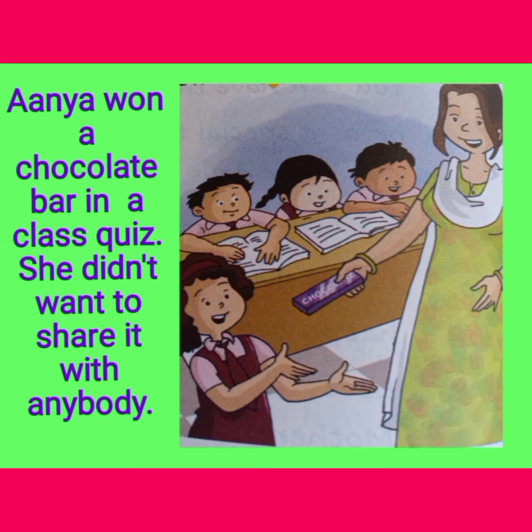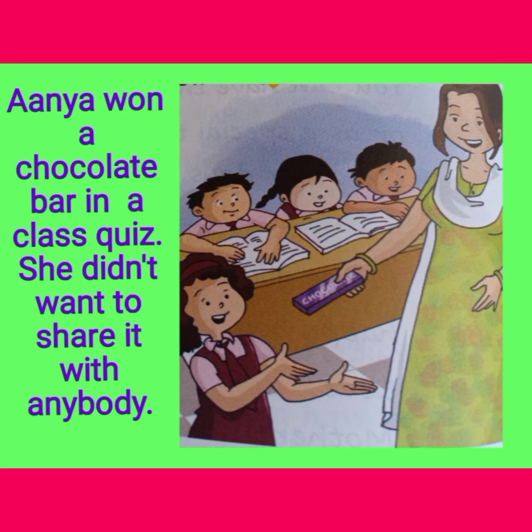See, what does the picture tell us? Maybe it is a classroom. By seeing the picture you can tell that it is a classroom because a bench is there and three students are there, and one student is taking a chocolate from the teacher. By seeing this you can say that it is a school and that little girl got a chocolate from the teacher. Maybe it's a prize or the teacher is pleased with that girl. So she is taking a chocolate.